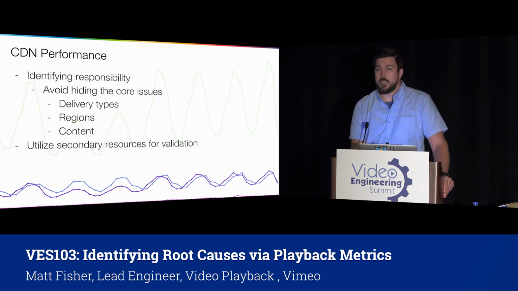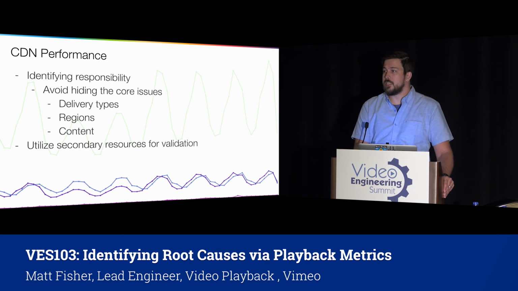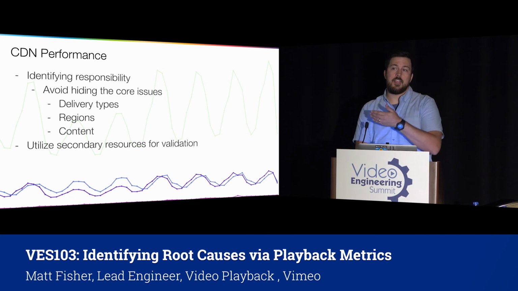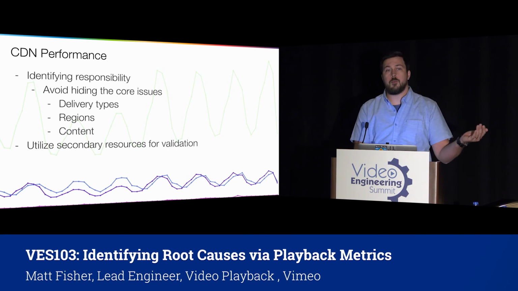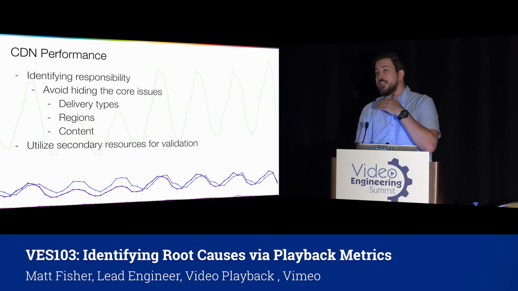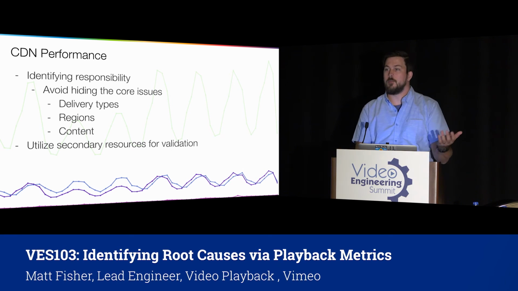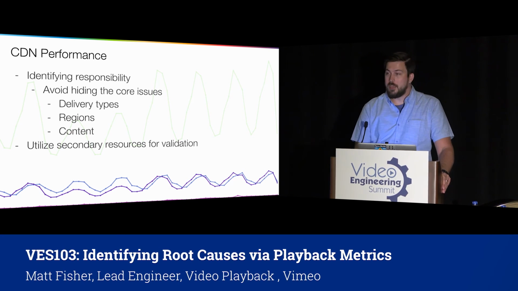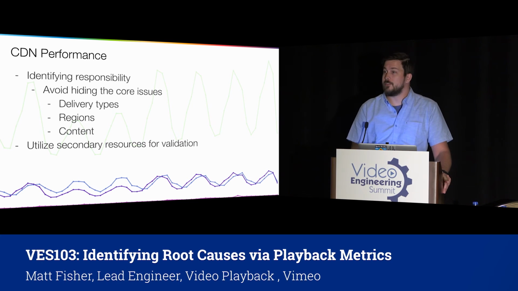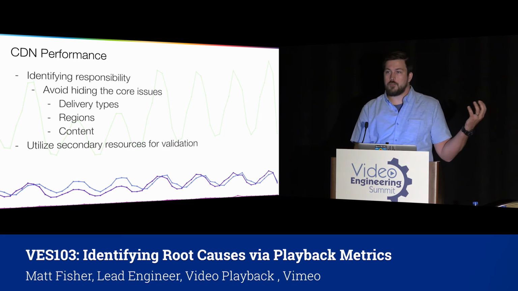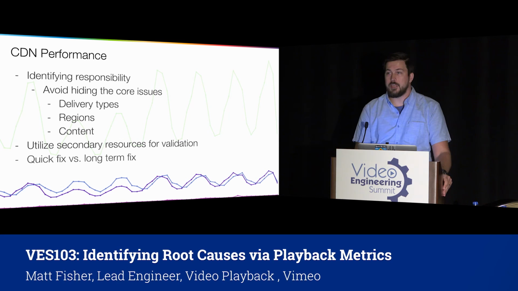Utilizing secondary resources, again, I've made mention of this in terms of only treating this as one of many tools, but being able to take this and say, hey, we've seen degraded performance over this CDN. Now I'm going to go and take the logs from that CDN. Hopefully you can get them as quickly as you've been able to allocate your playback metrics and utilize those, and hopefully you've been able to tick 2 boxes in terms of understanding what the impact was. If they differ, then that's a different question to answer than if they're unified. But being able to take data from one place and take it from another place and really cross-validate each other is something that's extremely important.